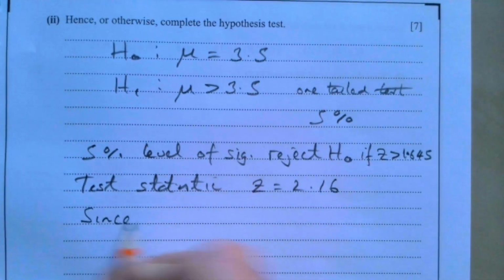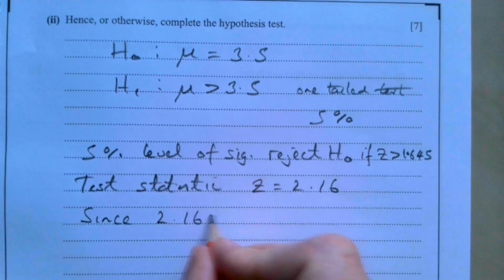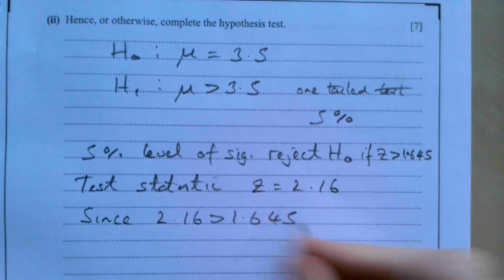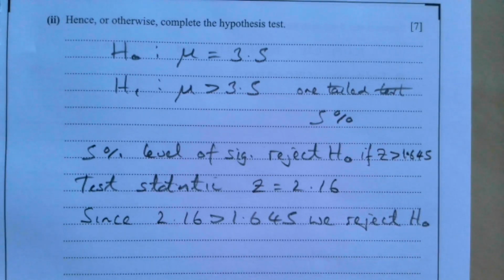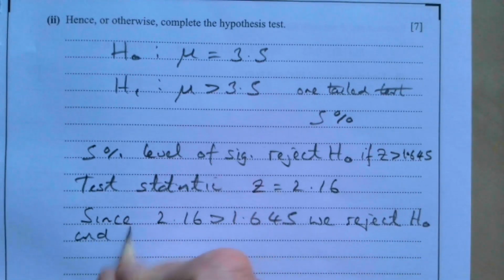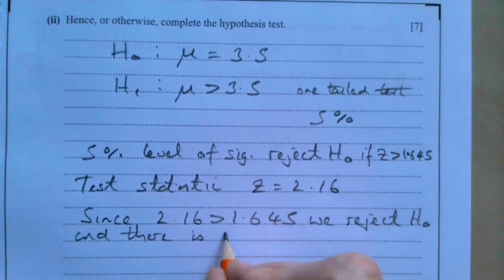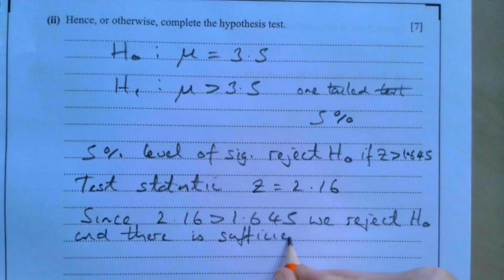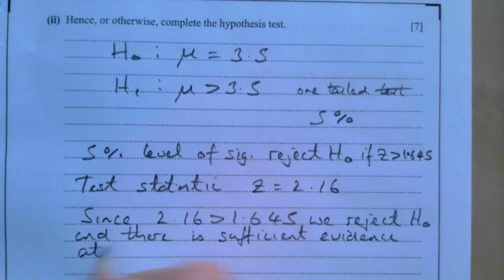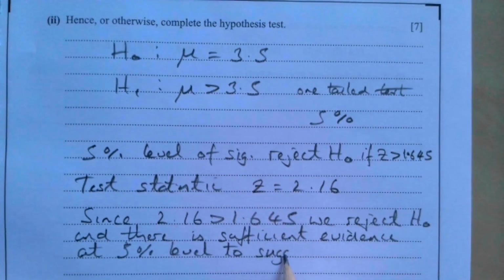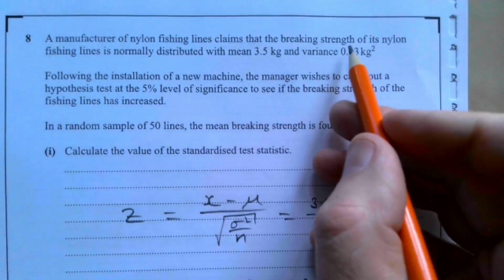Since 2.16 is greater than 1.645, we reject H0, and there is sufficient evidence at the 5% level to suggest, what is it we're testing here? The mean breaking strength